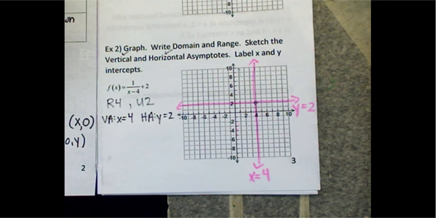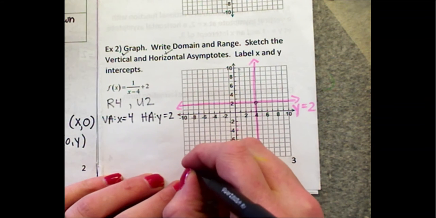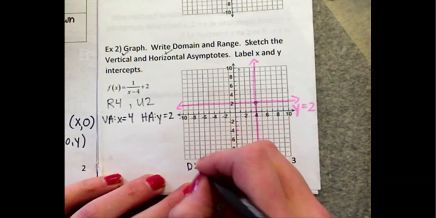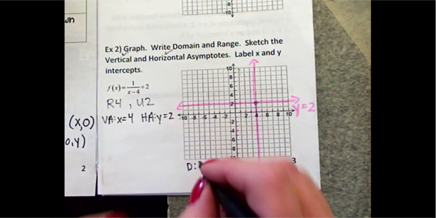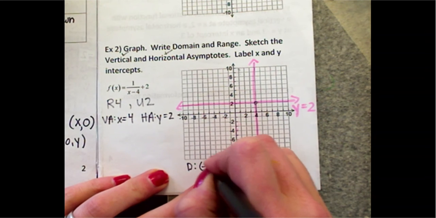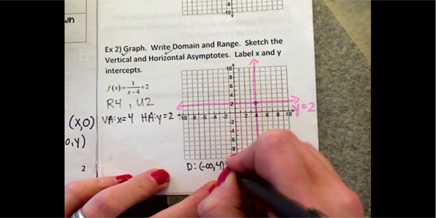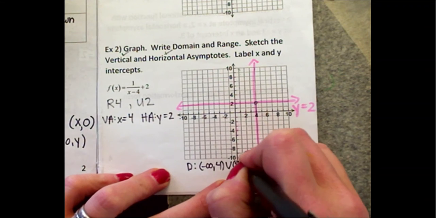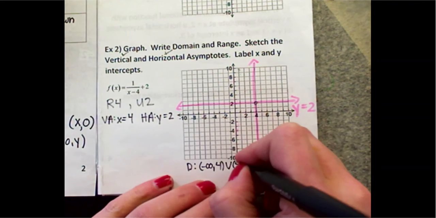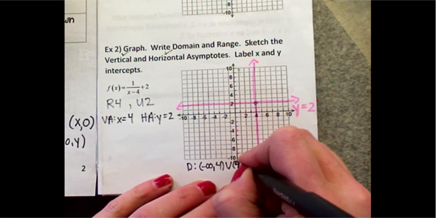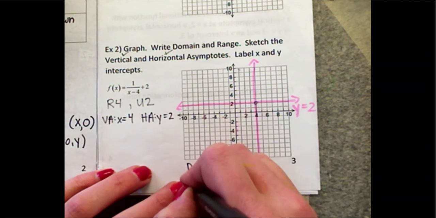Okay. Next, can I do domain and range? Yes, I can do that. Okay. Let's do that underneath of the graph. Domain, right, because it's connected to my asymptotes. Negative infinity to 4, union 4 to positive infinity. Okay, range